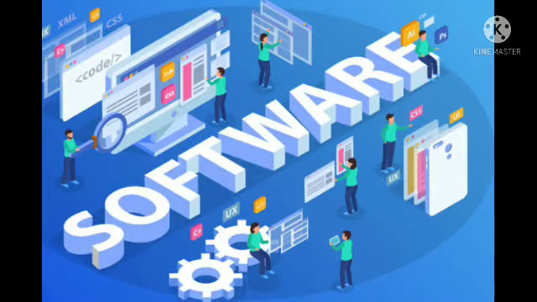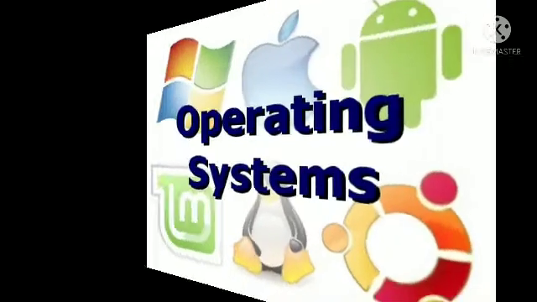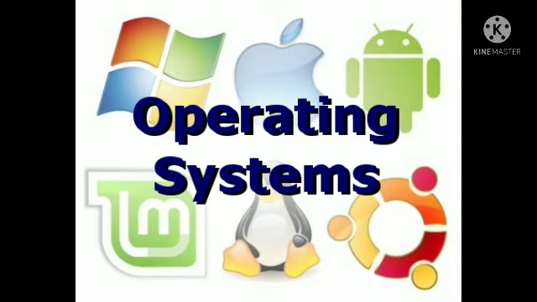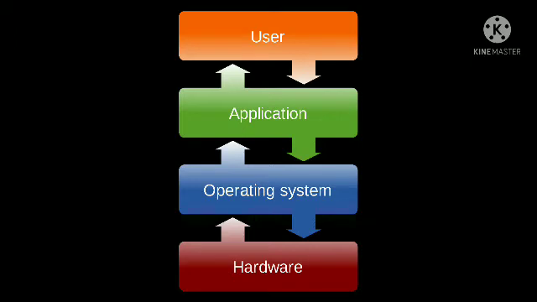Okay children, what is software? Software is the instructions that tell a computer what to do. Children, do you know which software takes control of a computer system on startup? That is operating system. Yes, my dear children, in this lesson we are going to study about the operating system. What is an operating system? An operating system is a collection of programs used to control the computer system. It is a software that provides a bridge between the user and the hardware.